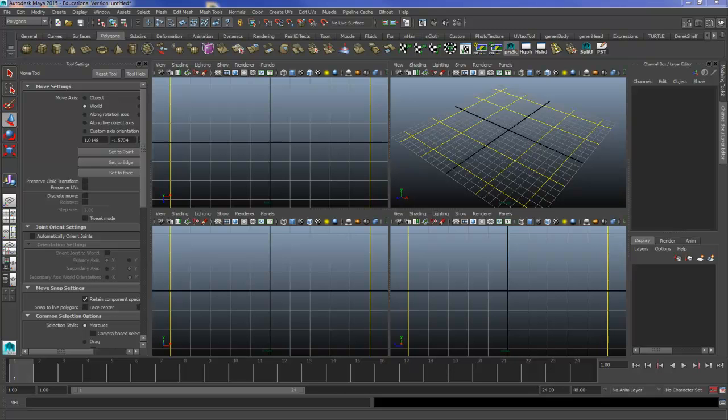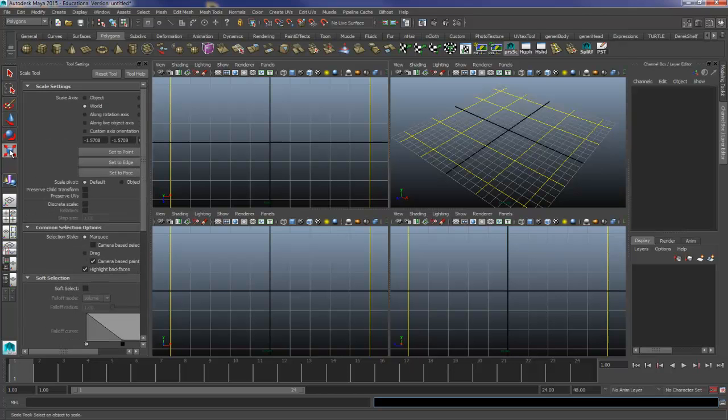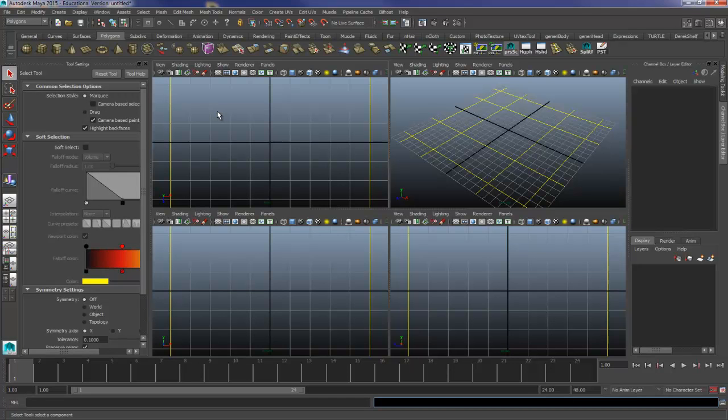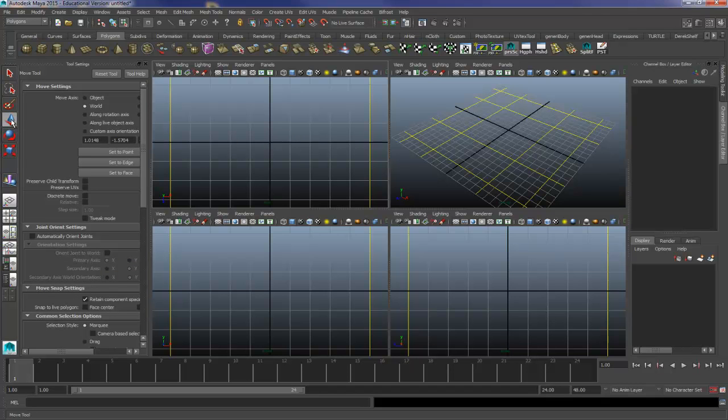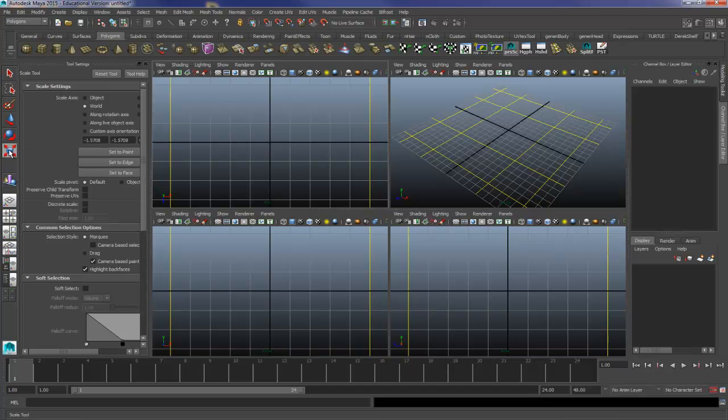check out. Now, in this area here in the toolbox, you might hear the term QWERTY, which is the Q key, W, E, R, T keys on your keyboard. If I press Q, it will give me a selection tool. If I hit W, it brings up the move tool. If I hit E, it brings up the rotation tool. And if I hit R, it brings up the